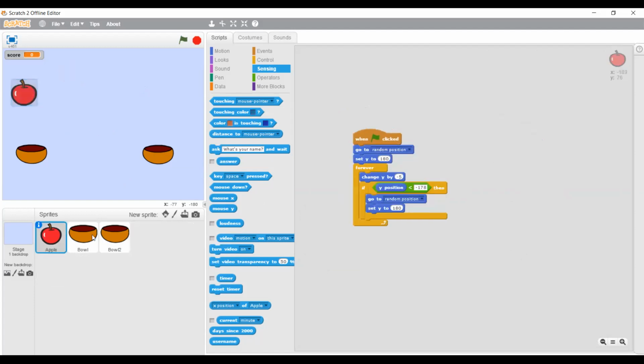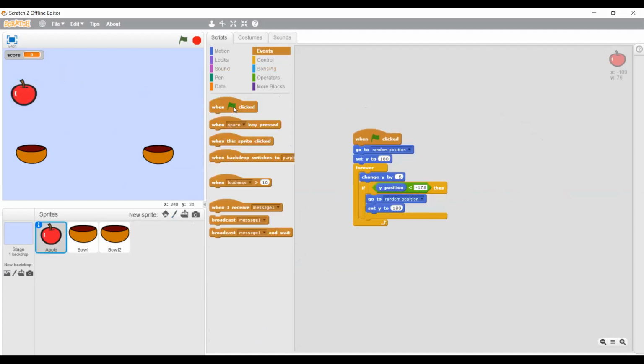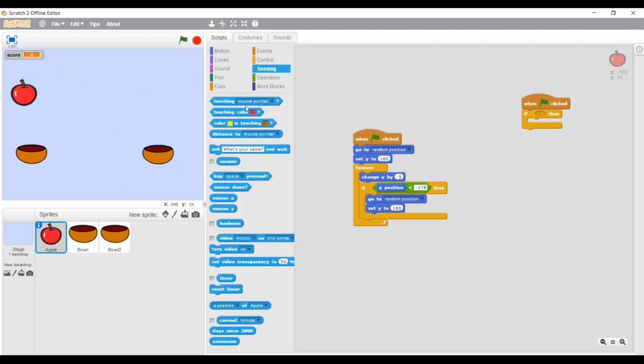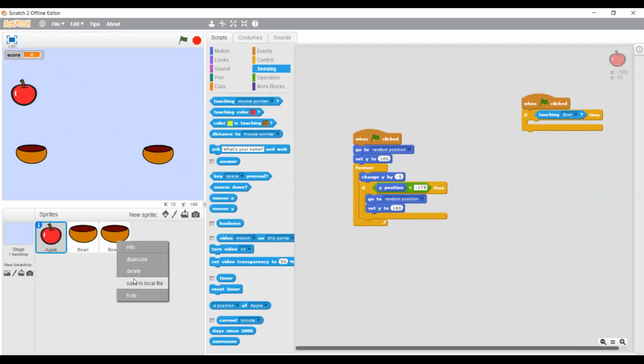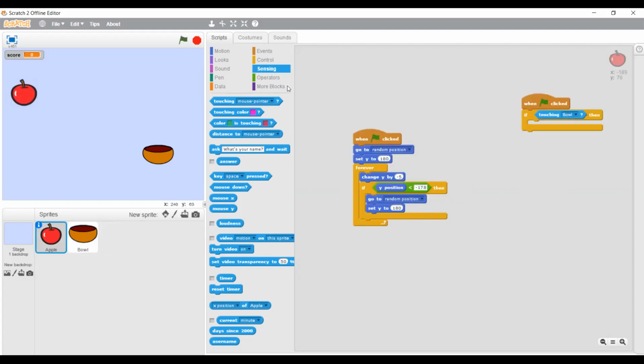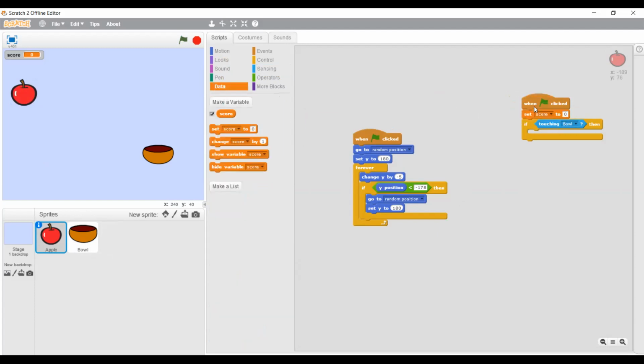Now for this apple, take one more green flag. Now take the if-then condition, take if touching, if it touches the ball. Okay, let's delete this ball too. Yeah, if it touches ball. So now what should we do? Initially the score should be 0. Now later it has to change its score by 1. Okay, now